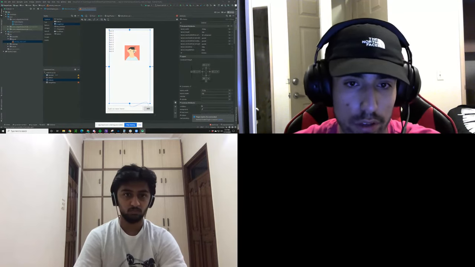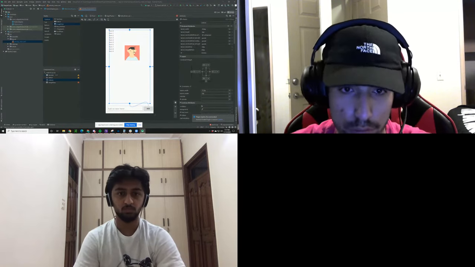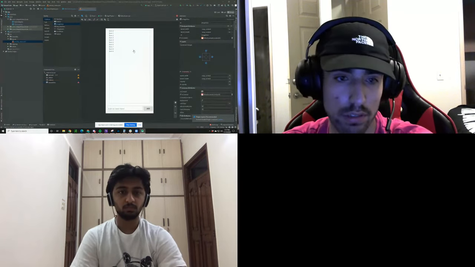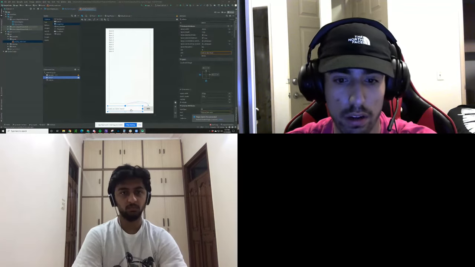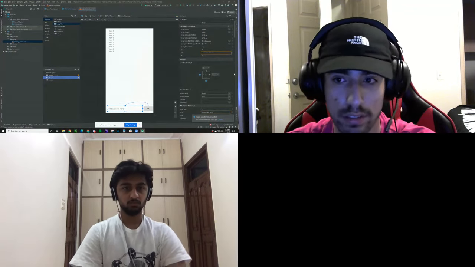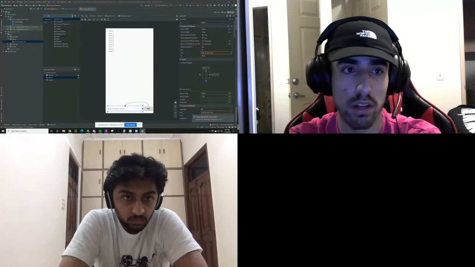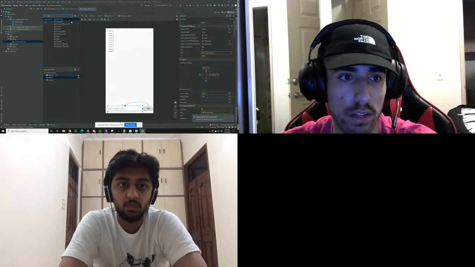So let me just go over a few things. The recycler view is what we're going to be putting all of our data in. This image view we can just erase since that was just for example. And then on the bottom here we have an edit text. To get to edit text, you can just use this little search bar and then type edit text. And then it gives you a whole bunch of different